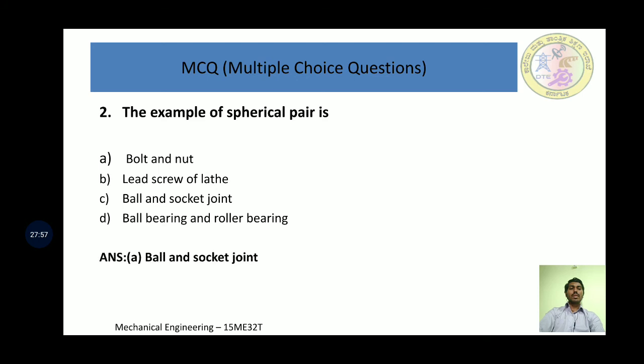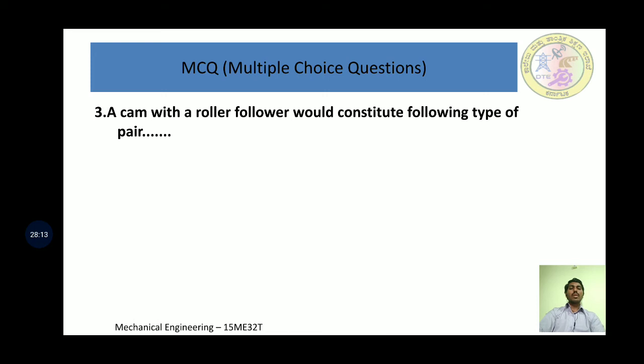Correct answer is ball and socket joint. It is an example of a spherical pair, where one element turns or swivels about the other fixed element. Third one: a cam with a roller follower would constitute the following type of pair: